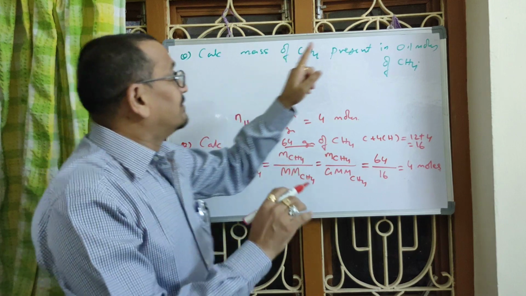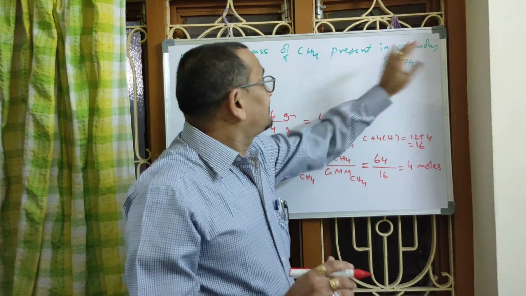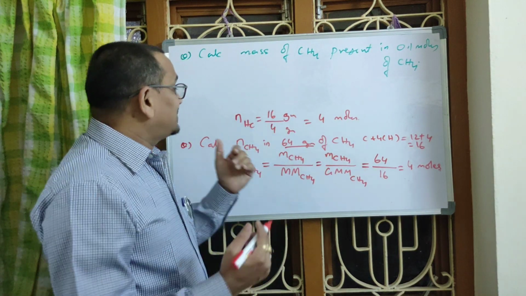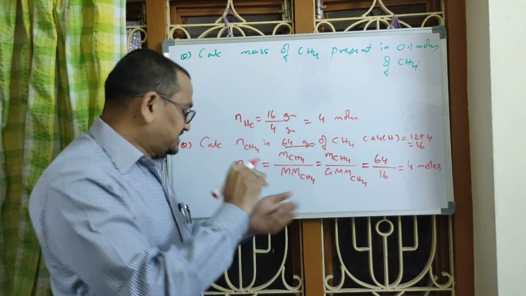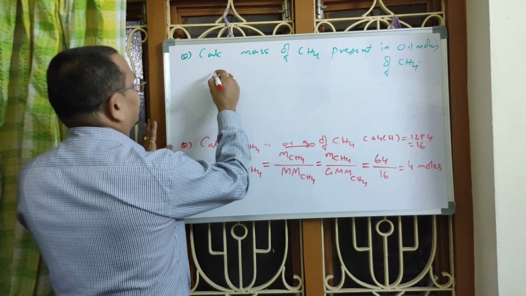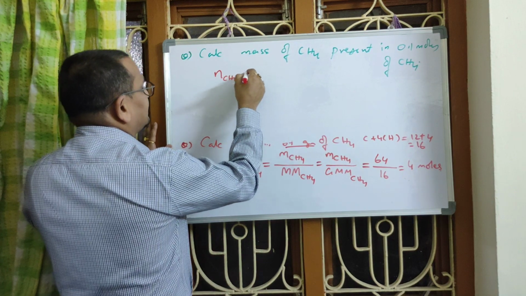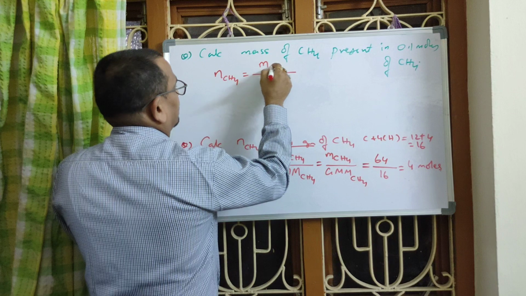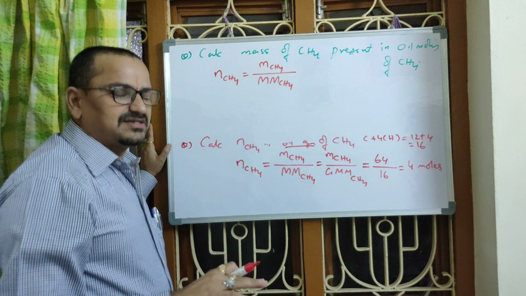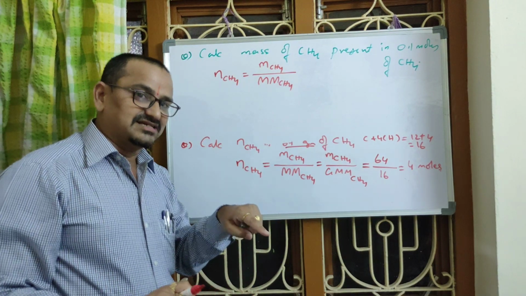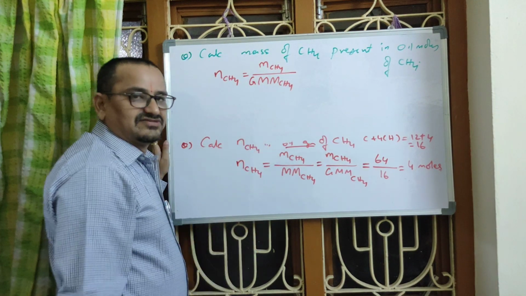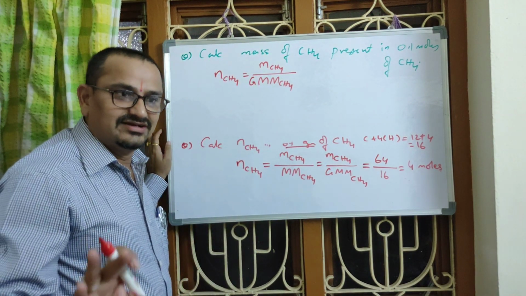Now this time the number of moles is given and the mass is asked, right? Still the relation is the same. On the same relation, just twisted questions are given. Notice the relation for number of moles: the number of moles of a substance can be calculated as the ratio of the mass of the substance to the molar mass of the substance. Molar mass means the mass of 1 mole of the substance, which is called the gram molecular mass of this substance. I think you are following, right?